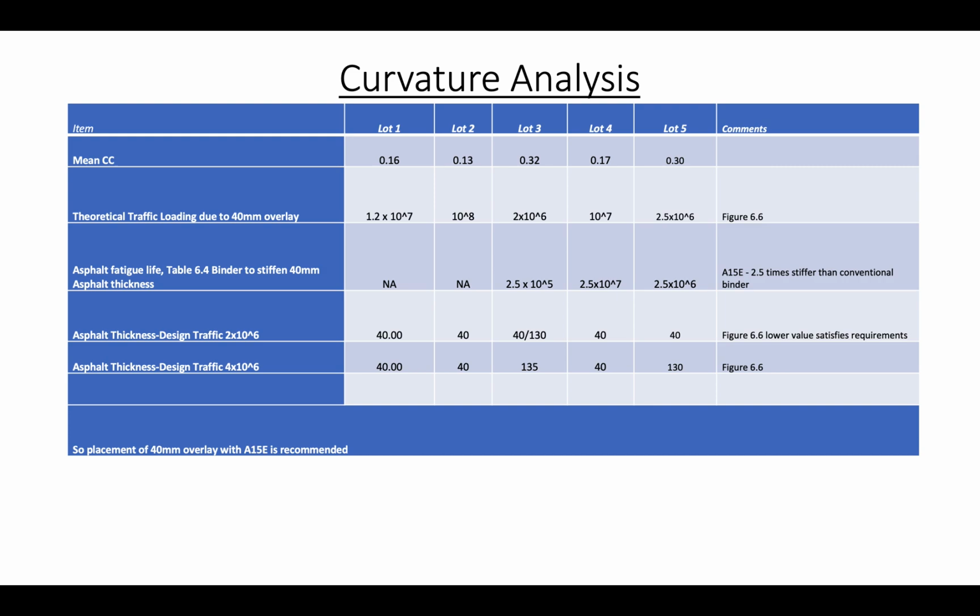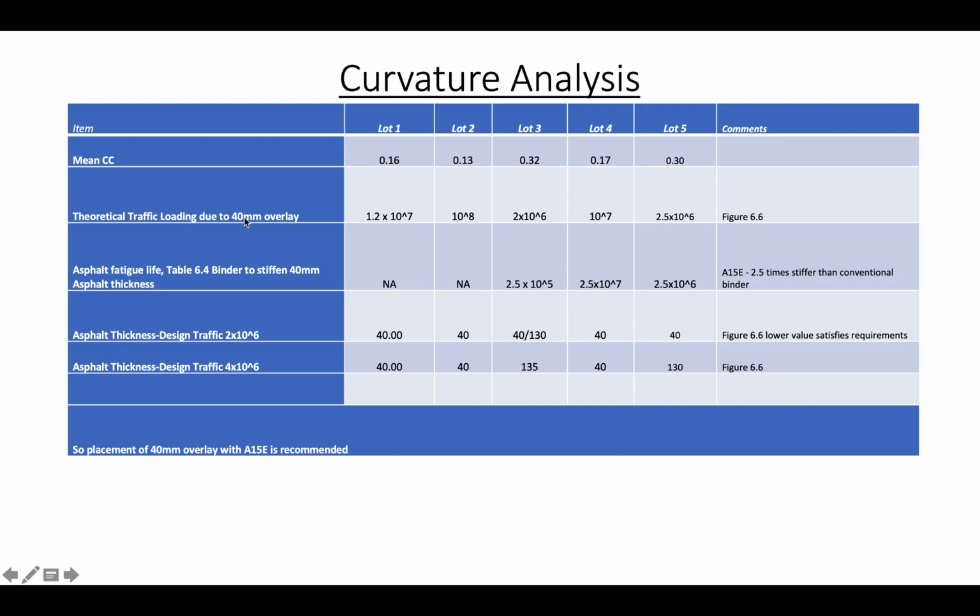So the curvature is something that is measured roughly from the point where the maximum deflection is, which is around 200 mil or 400, 600 or 900, it depends. So the curvature is 0.16. Based on this curvature and this figure 6.6 from Austroads Pavement Guide part 5, we can see based on this curvature data and the minimum